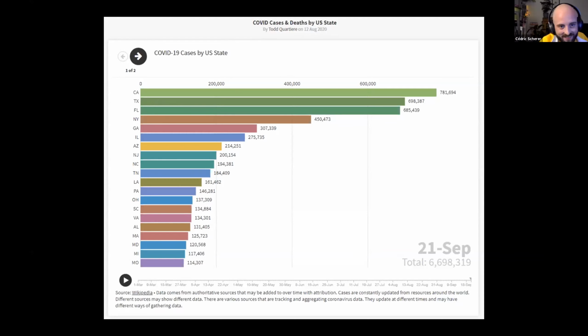But actually, I don't see a pattern, because at least CA and FL are not close to each other, and both are green. So if I would color them, I would do it for a reason, like I said, geographical, or you could even say, okay, we color by the date when it first started, so that we see all these where it first started grouping together, but at some point the others go over it, because this